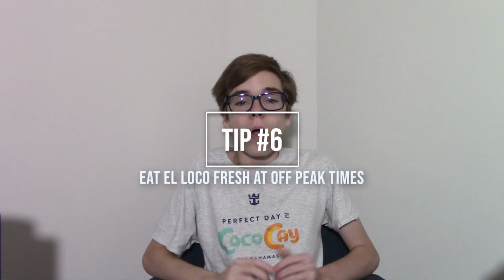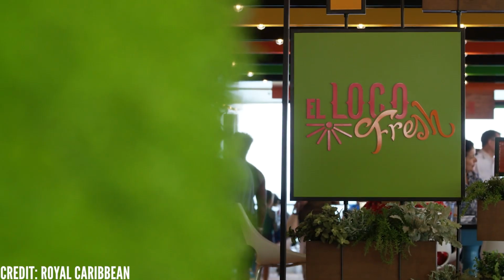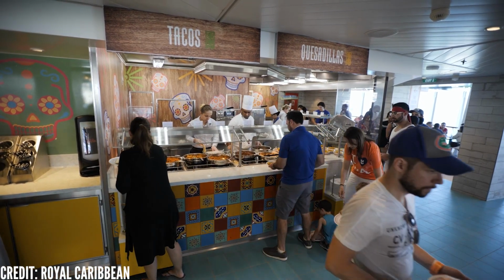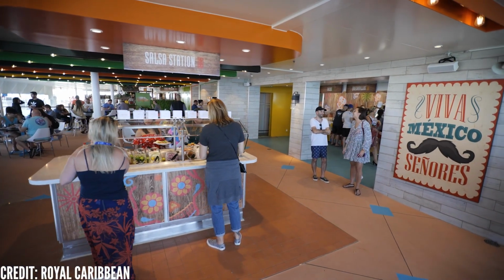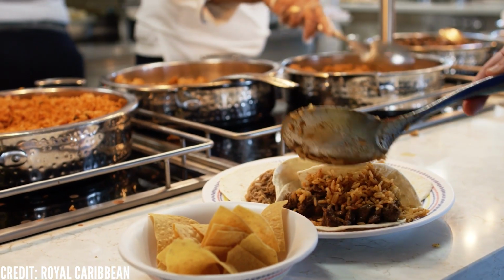My next tip is to eat at El Loco Fresh at off-peak times. A lot of people go to El Loco Fresh on sea days, right around lunchtime, 12 o'clock, 1 o'clock. But go at like 2 or 3 o'clock, and have a taco as a snack to hold you over before dinner. If you have late dining, eat a later lunch or eat 2 lunches. I'm not judging. It's a great way to still get that El Loco Fresh. Maybe do it 2 or 3 times along your week-long cruise, and you'll be able to try everything El Loco